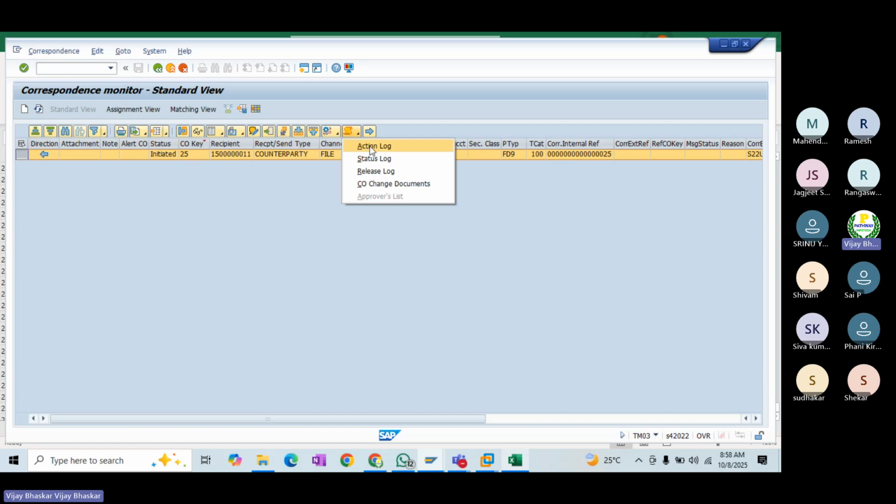This I have already seen now. Action log, release. Even if you want, release is also possible, but at this moment, release has not been configured for correspondence. Correspondence level is also possible. The workflow, you can see that as a standard release log.